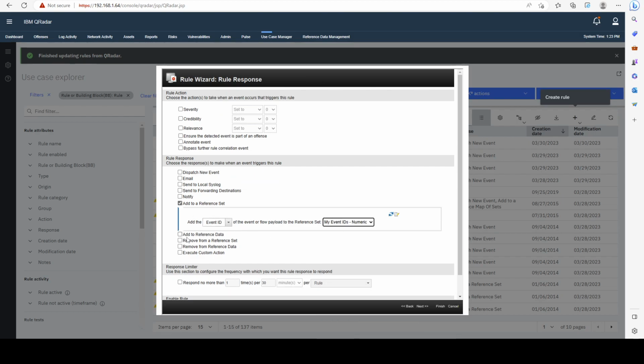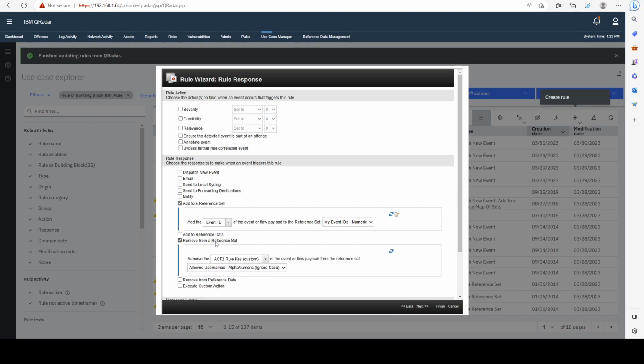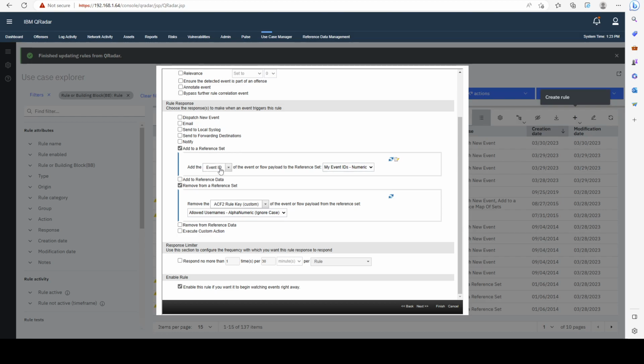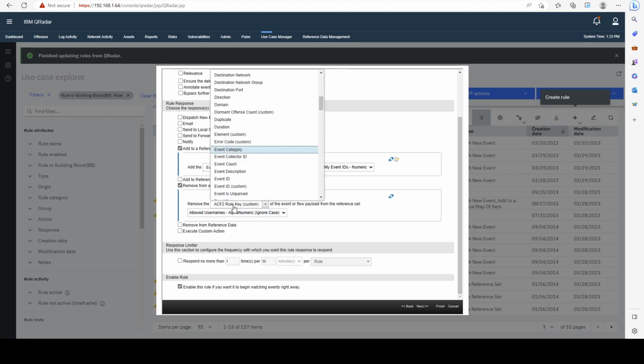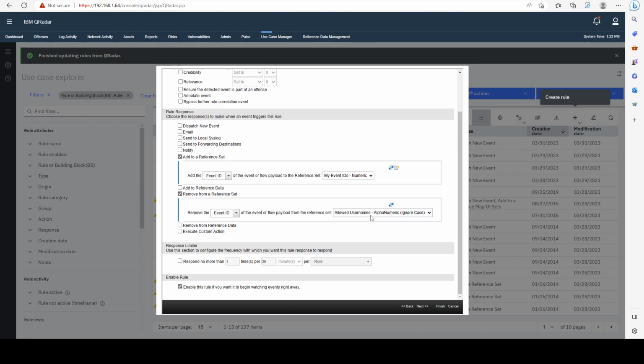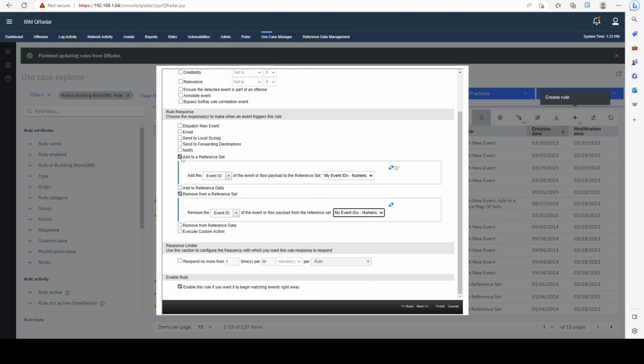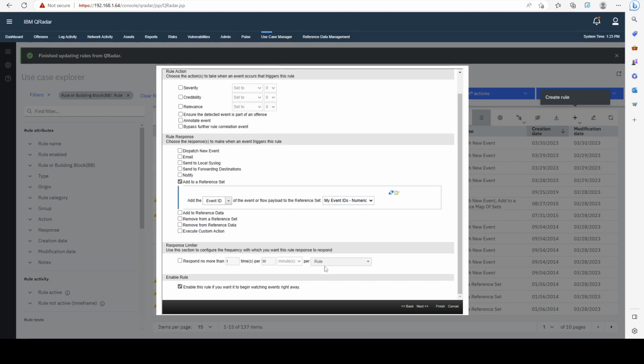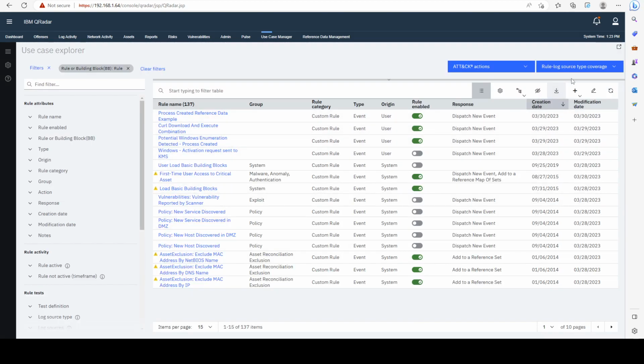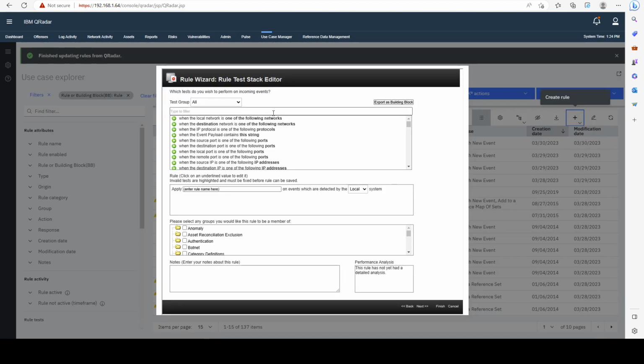And we can also remove data from a reference set. So I could also choose if I want to remove elements, I would choose just the same properties, but instead of add, I would remove them. So you can also do that. So let's go ahead and enable it, and let's do the same for